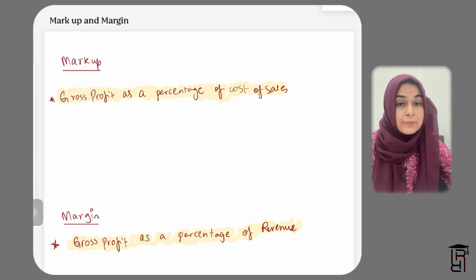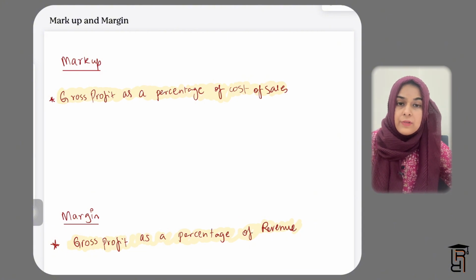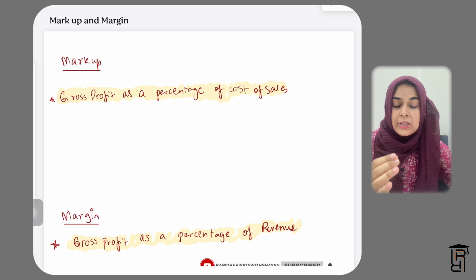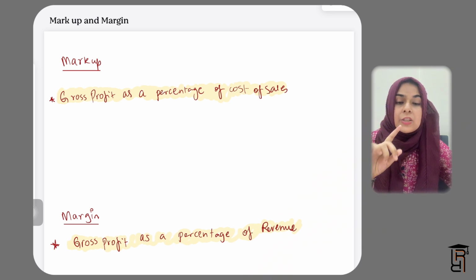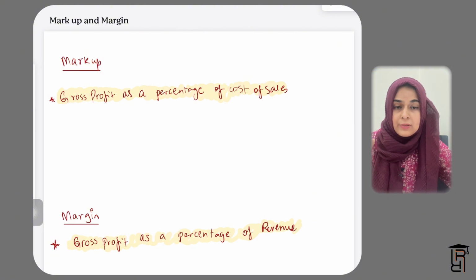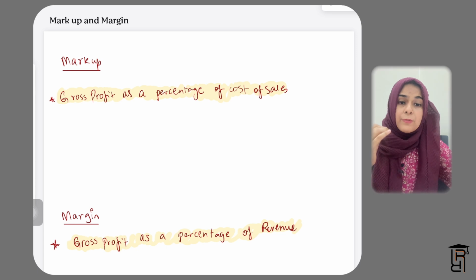Today's topic is markup margin, and markup margin is part of incomplete records. Normally when we teach incomplete records in accounting, we teach markup margin. If you see the O-level accounting book, you will find markup margin in the chapter on incomplete records. But from the past paper point of view, you should know this, that in the past papers, we